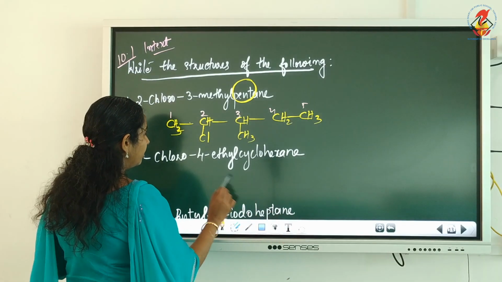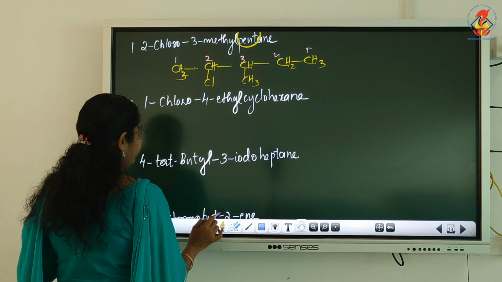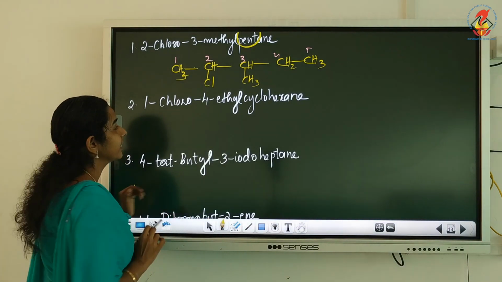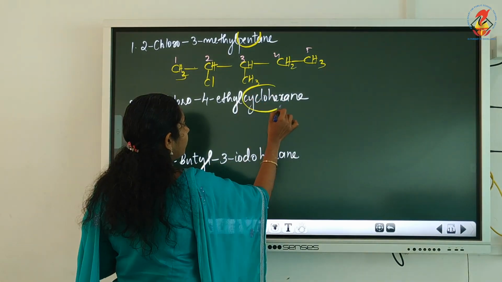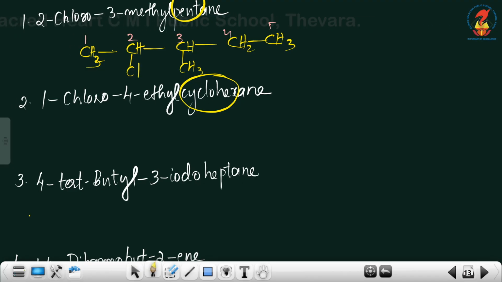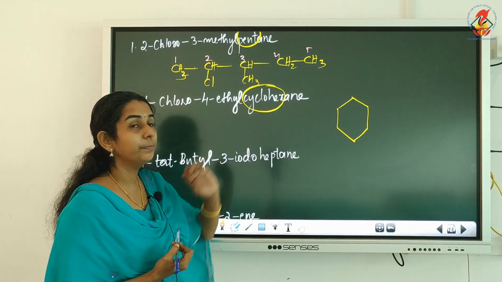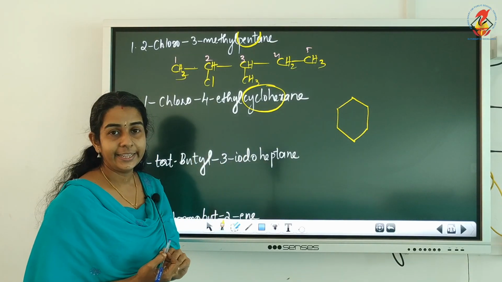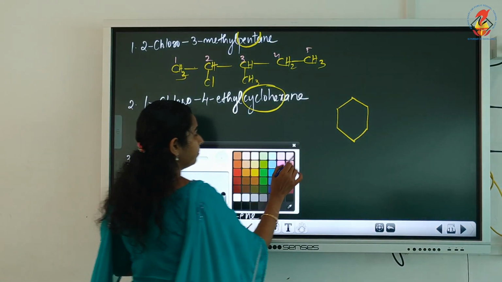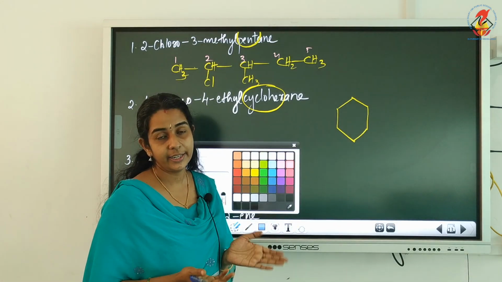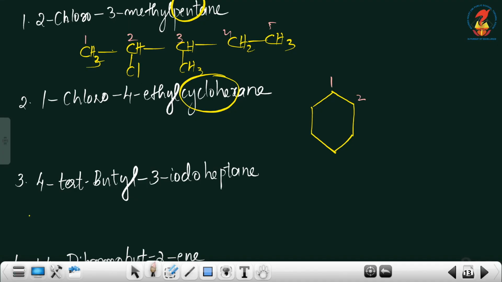Okay. Now in the second question, the word root is hex. It is not hex actually, it is cyclohex. So first we have to draw a cyclohexane ring. Now after that, see the suffix. It is ANE, that means it is a cyclohexane ring itself. After that, give numbers. From wherever you want, you can start and give continuous numbers 1, 2, 3, 4, 5, 6.